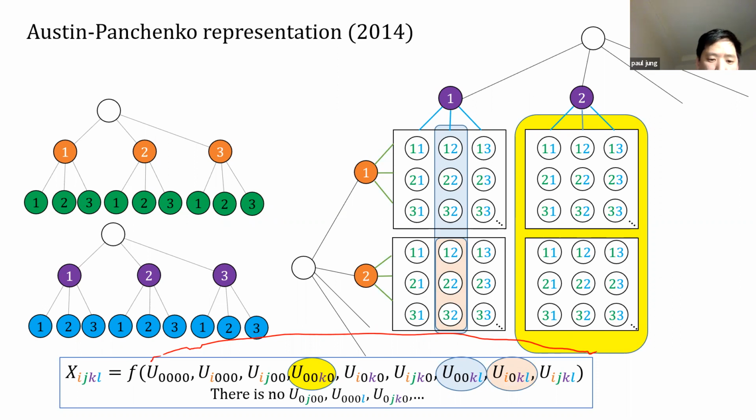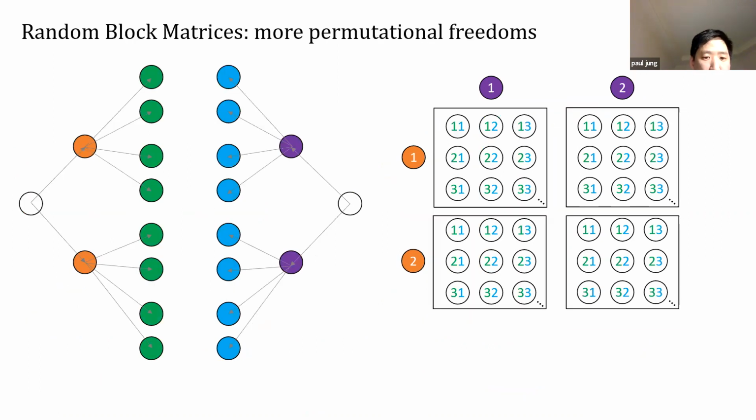And notice that there is no uniform of the form 0J00. Well, what is that? That's just a small row. But the point is that if we have a uniform random variable that's here, then we have to know what family it comes from. So if we have a J, then we have to know which I it comes from. So we don't have this, instead we have this, okay? And in the same fashion, there's no small uniform random variable that corresponds to a small column, because if we know the small column, we also have to know the big column that it's in, and so on and so forth.